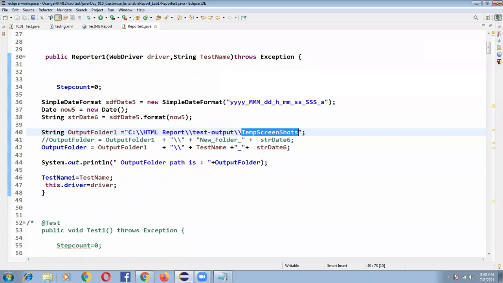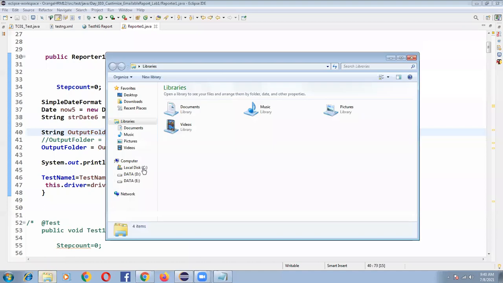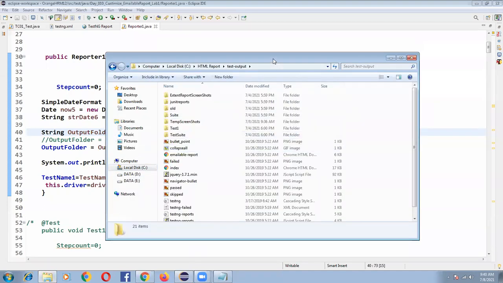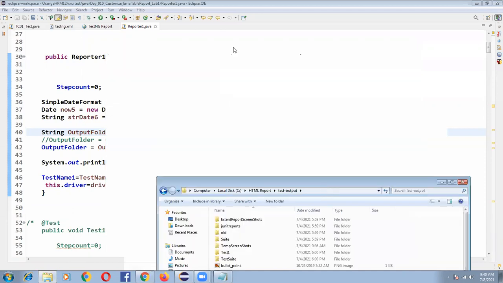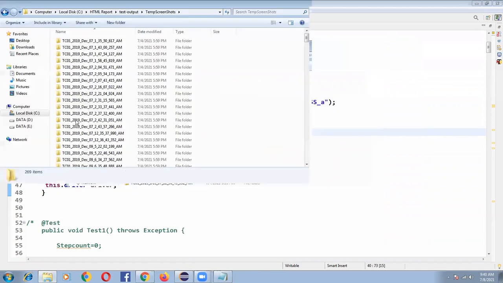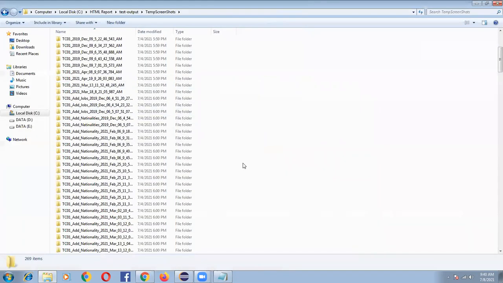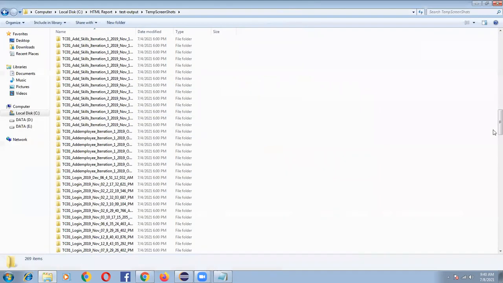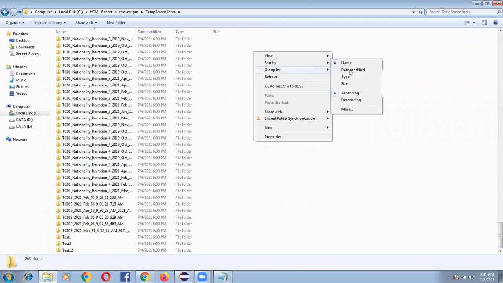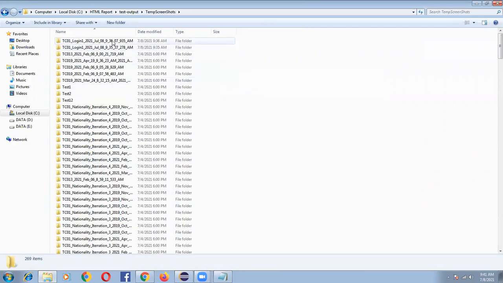Now let's go to C drive, HTML report, test output folder, temp screenshots. Whatever name I have given, that is the folder name. I'm sorting by date modified. Just now, TC01_login1.